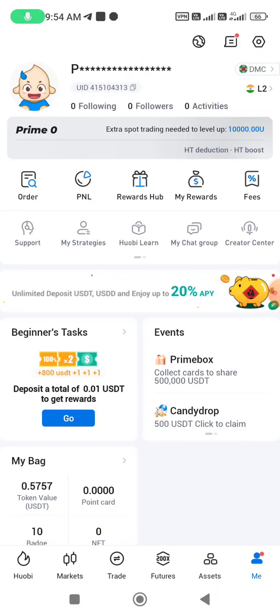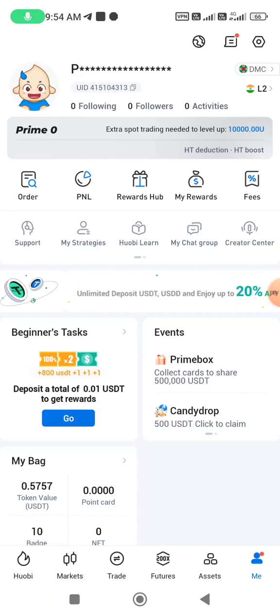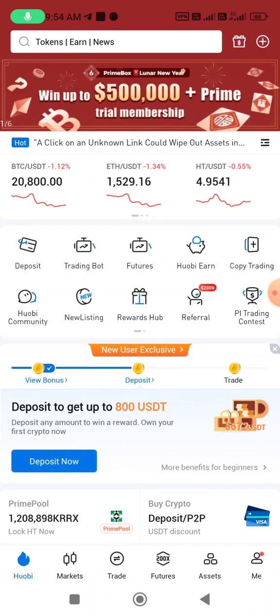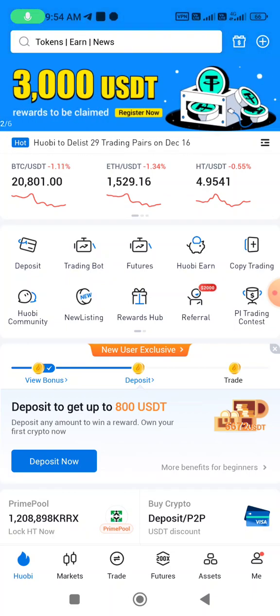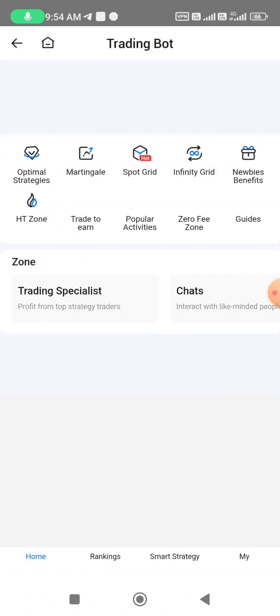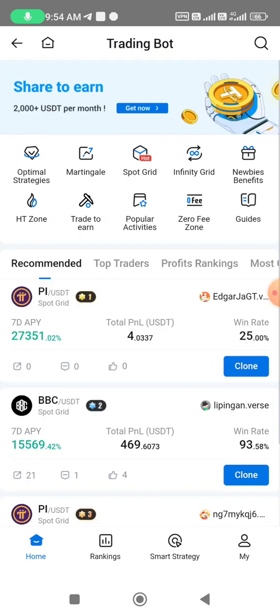And artificial intelligence, no. Huobi does not support artificial intelligence at the present moment, but there are a few websites that, just hold on. There is artificial intelligence. Trading bot is a system of artificial intelligence. See, trading bot. So trading bot is a system where you can trade using a bot. You can clone anyone's systematics, and via that you can run a total